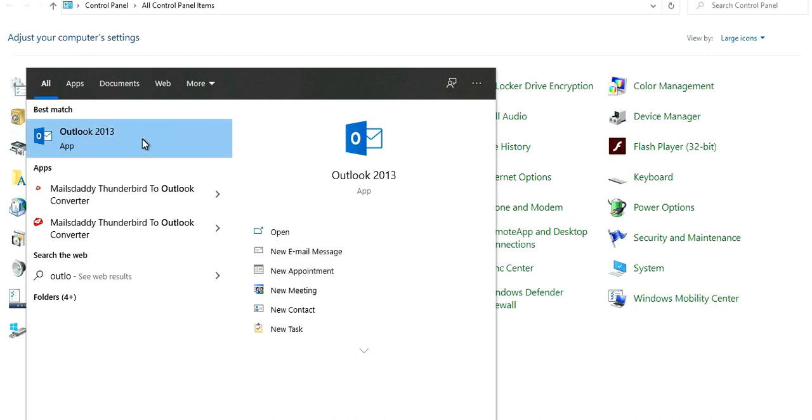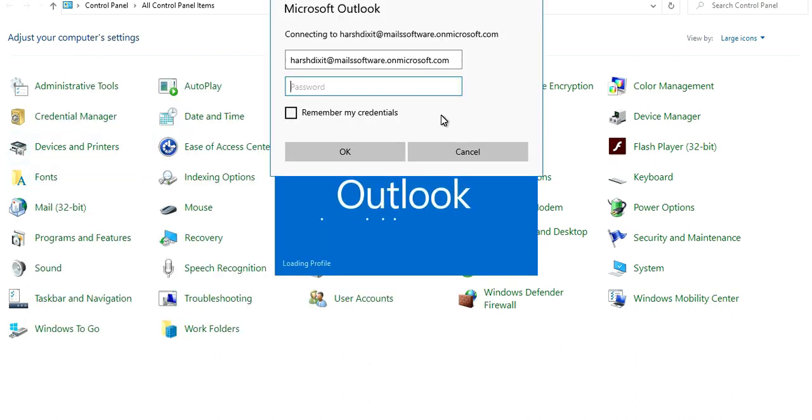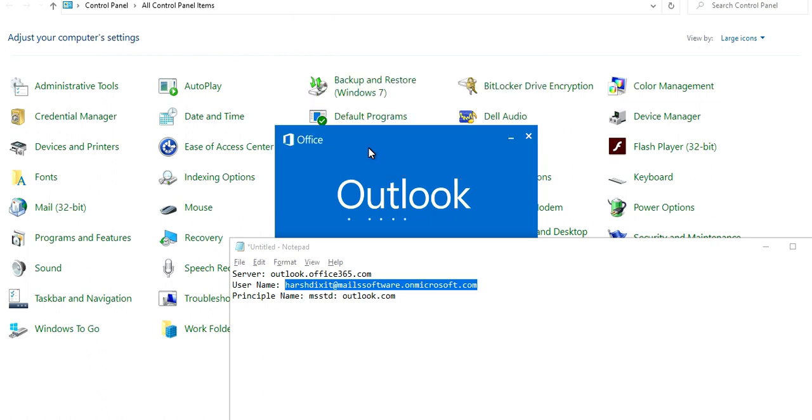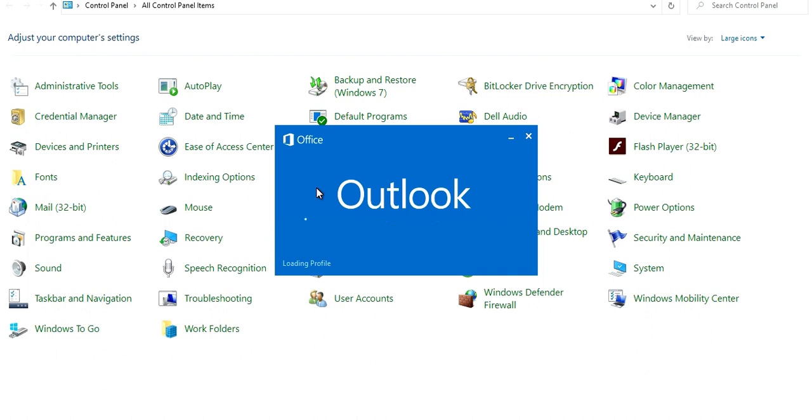We will see whether we can view our email account in Outlook. It's asking for credentials again, so let's put them in.